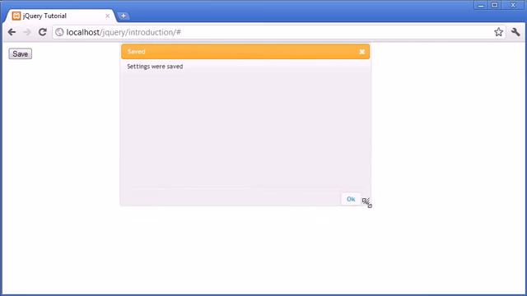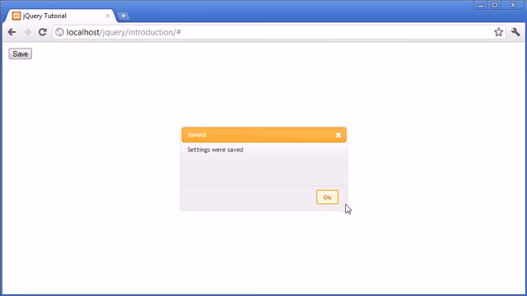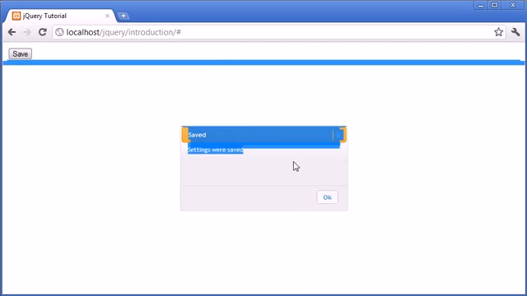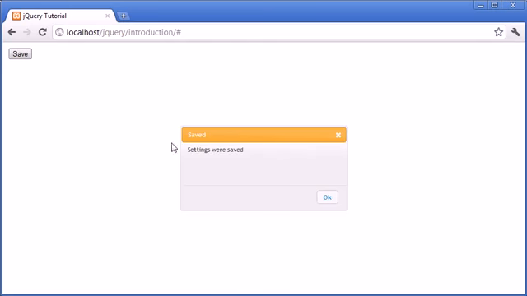So now when I refresh, the first thing you'll notice is this little resize icon has gone, and now we can't move it and we can't resize it. So it's just a static dialog box in the middle of the page. And we can go ahead and